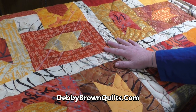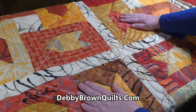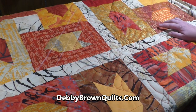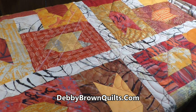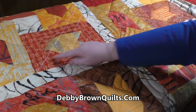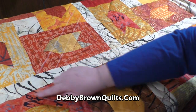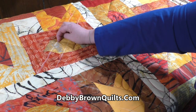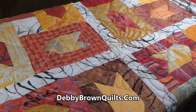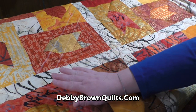I have my center medallion, which is where we left off last week, and now I am trying to do some high contrast quilting here to make this pop out. So what I want to do is do a 1 inch border here with that 12 weight Glamour again, and then another one 1.5 inches out. And then I'm going to try to do another one 1 inch out from it, and then that outer border, so that I will have a 1 inch section, a 1.5 inch section, and a 1 inch section. Then I can do some quilting inside of the 1 inch, the 1.5, and the 1 inch to really give it some contrast between this border